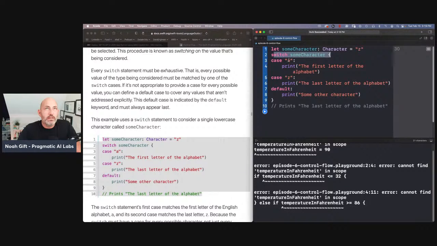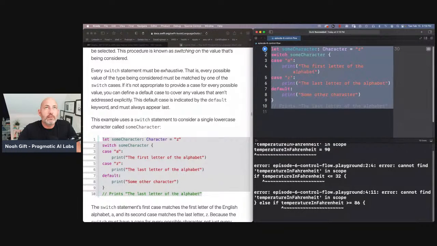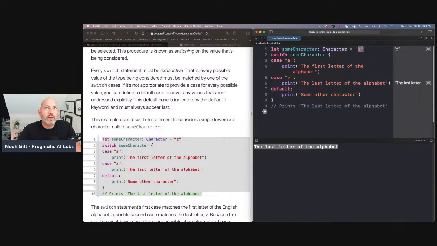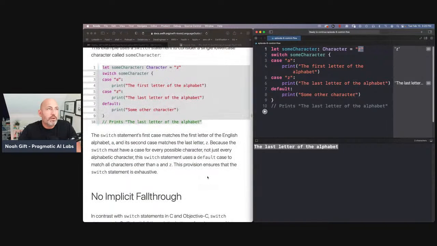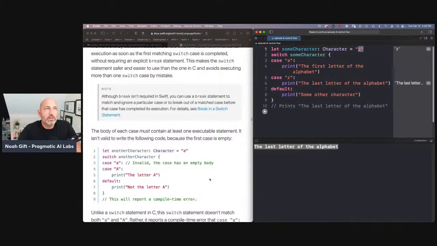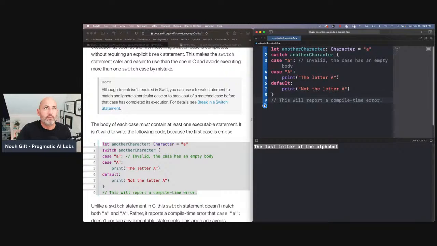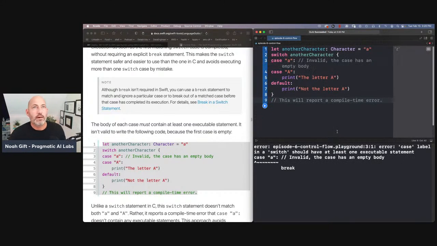And we say in the case of A, print this. In the case of Z, print this. And so let's go ahead and print this whole thing out here, the last letter of the alphabet. So in this case, the some character was Z. So when it rolled down to here, it printed out that variable. So pretty cool actually to use the switch statements. In fact, they're not available in some languages, but they are very, very handy in terms of